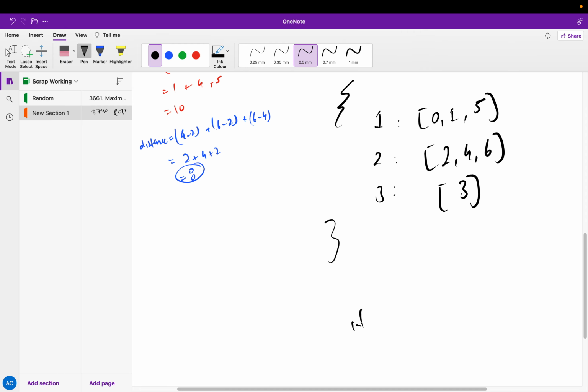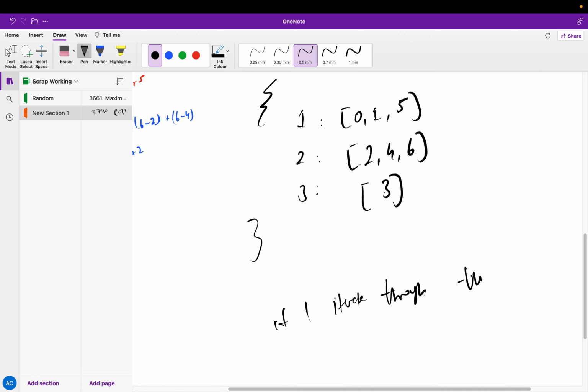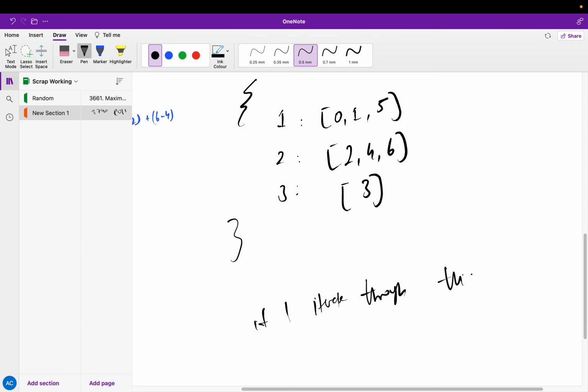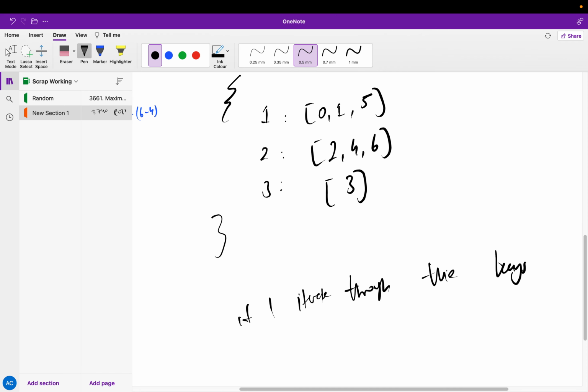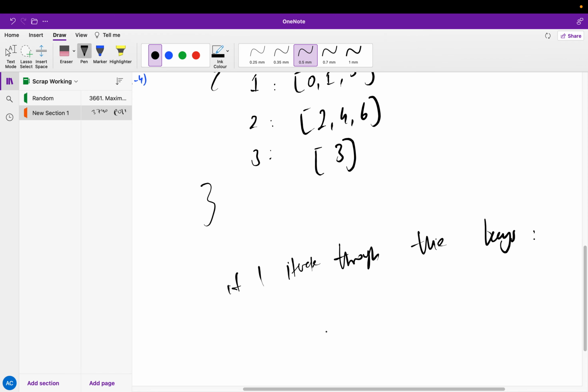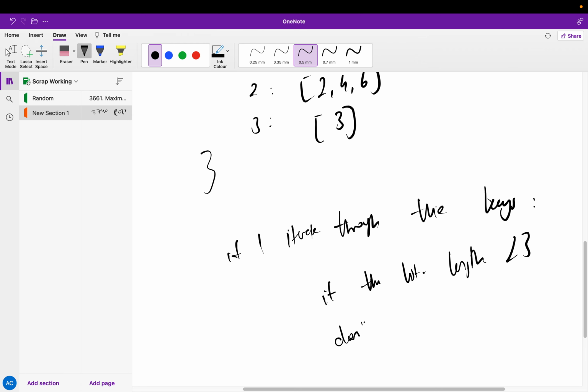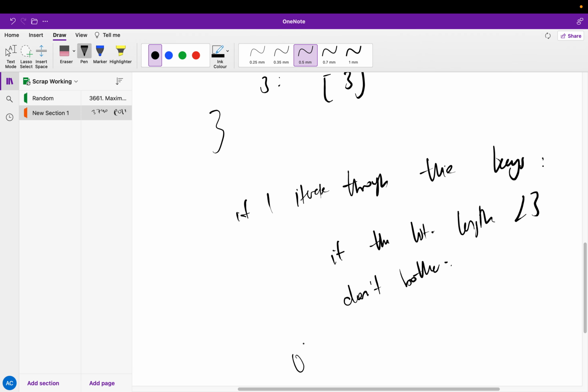So if I iterate through the keys, if the list length is less than 3, then don't bother, right? Otherwise,